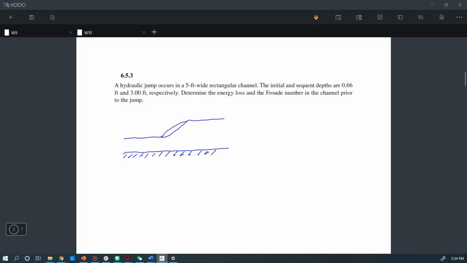The initial and sequence depths are 0.66 feet and 3 feet respectively, and we want to determine the energy loss, denoted as delta E, and also the Froude number